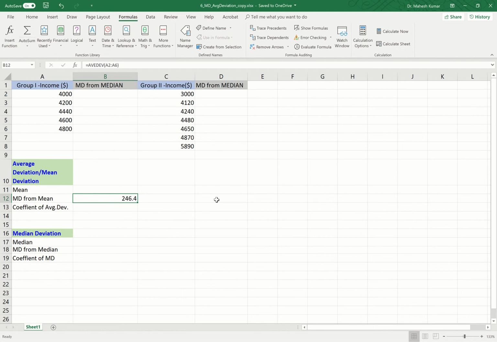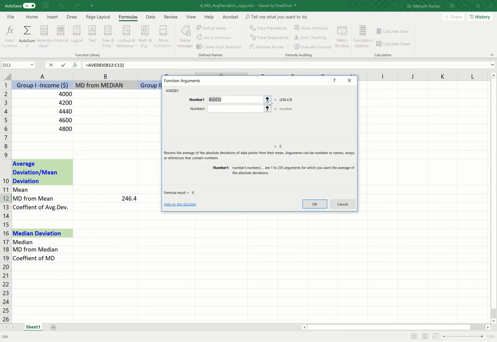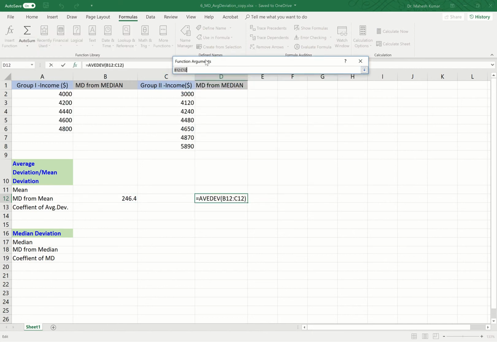And if you want the same thing, mean deviation from arithmetic mean for second group, we have recently used this function, so this will be here. Let us click it and select the numbers this time. This time we want to compute it for the group 2 incomes,